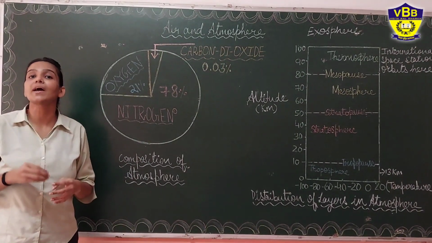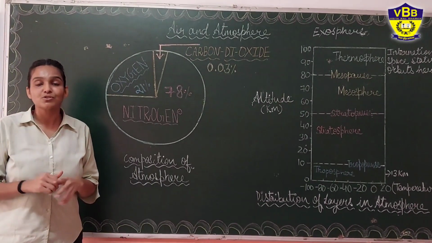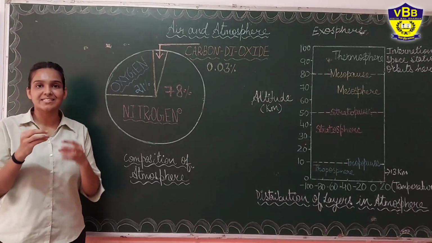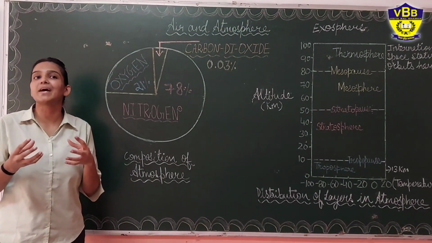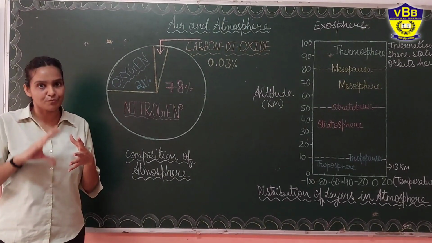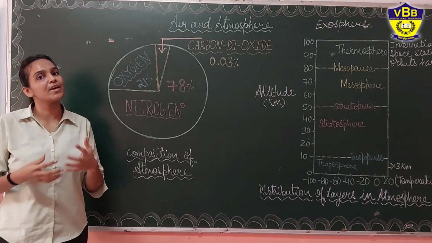But plants require it for making their food, but they cannot absorb it directly. So how do they fulfill the need? As we know, soil has some bacteria. Also the roots of plants have some bacteria. These bacteria convert the nitrogen into a form which helps plants to make their food and thus help in their